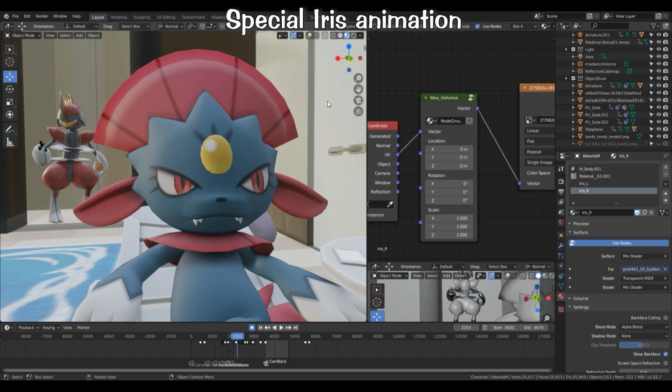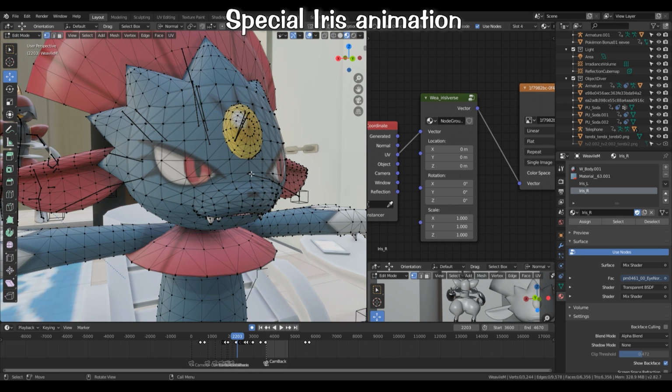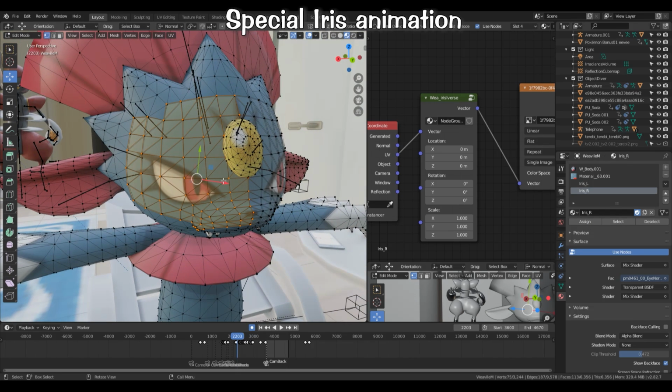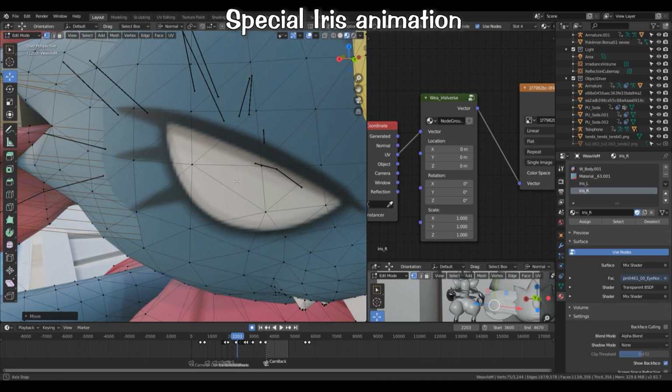Some Pokemon have a very special setup for the eye. For example, for Weavile, if I take the model and I select the eye, as you can see, if I move it, he actually has no iris.